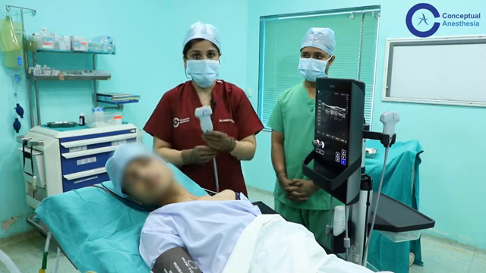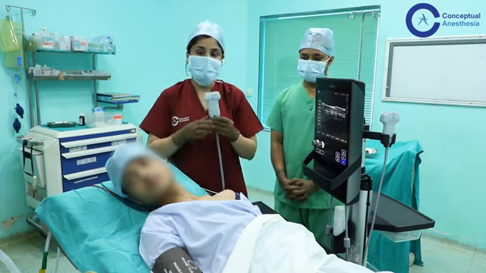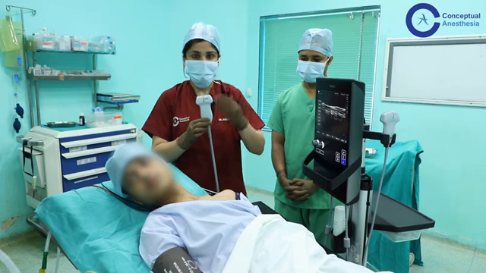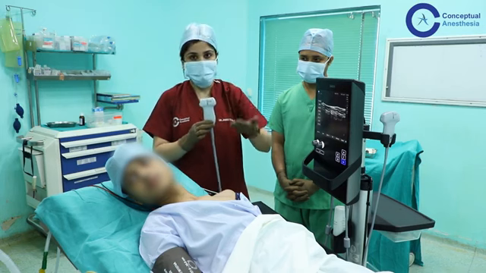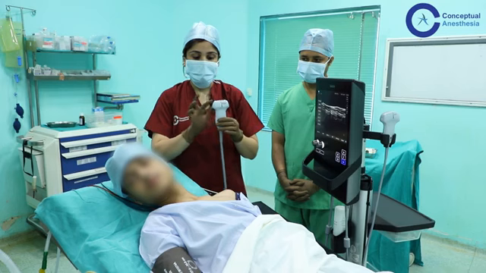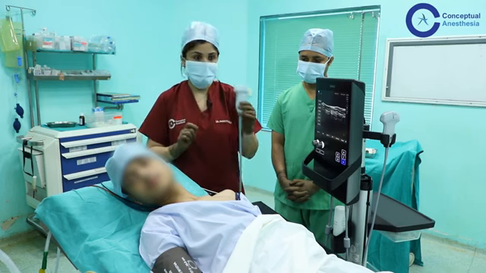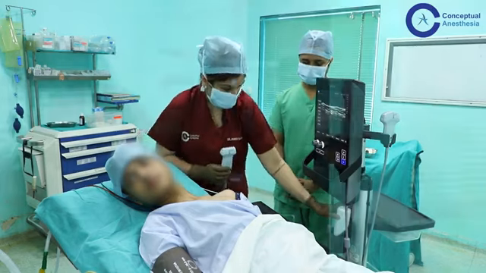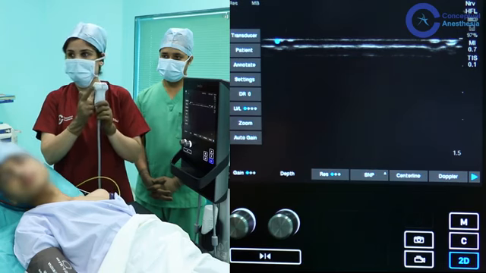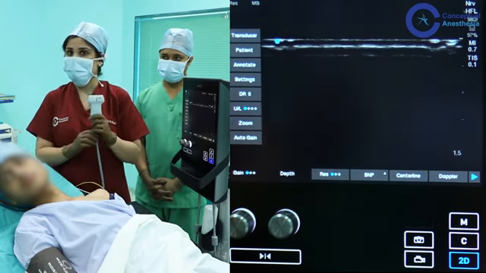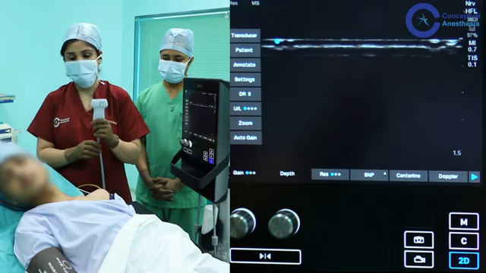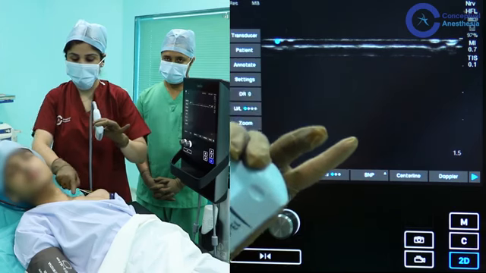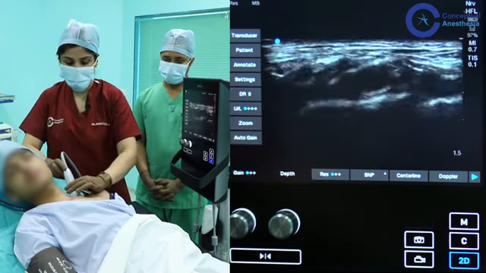Now, since this is just for the procedure of scanning and teaching, I am not attaching a sterile cover, but ideally you are supposed to put a camera cover or a probe cover, or you can even put a sterile Tegaderm. The conducting medium that I am using over here is water based jelly, which will come along with the ultrasound machine. Now, I know that my probe pointer is lateral and this gives me an orientation to the direction when I insert my needle. So, I place the ultrasound probe on the supraclavicular fossa in the middle of it, and